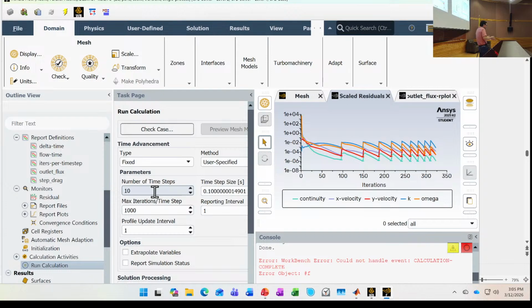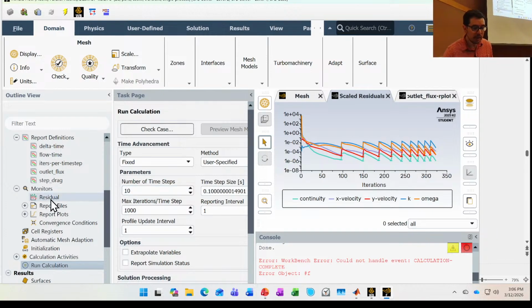Because if you're running this, you can discretize the mesh, and you can look at how the mesh affects the answers, right? Here, ANSYS is really kind of taking care of the time. But the other thing you can do is you can reduce the residual threshold. If you want to play with time, you can say, you know what?